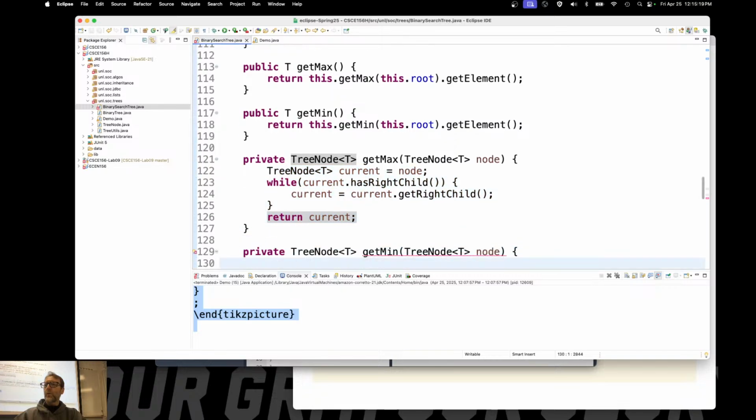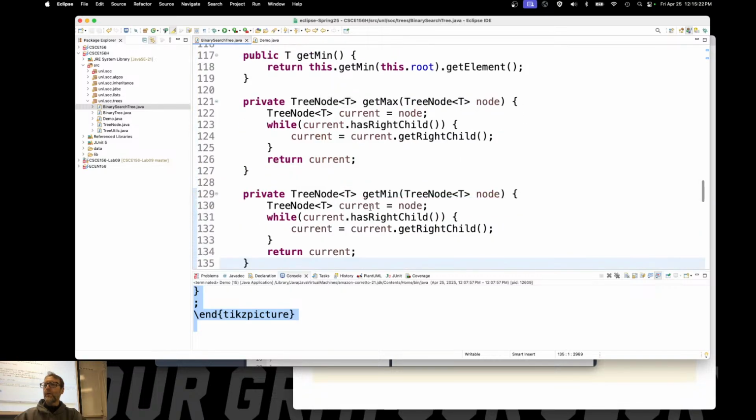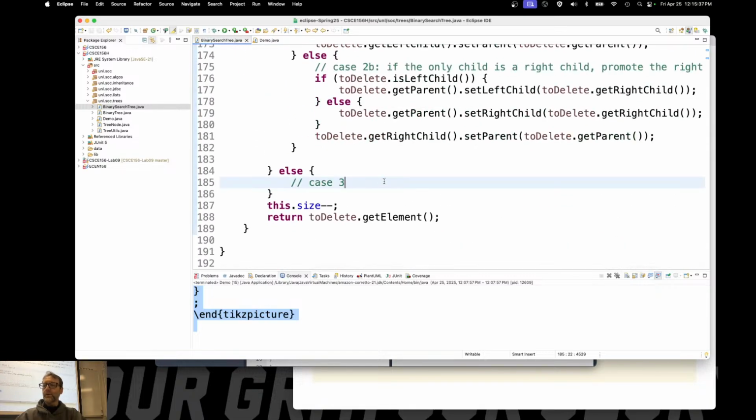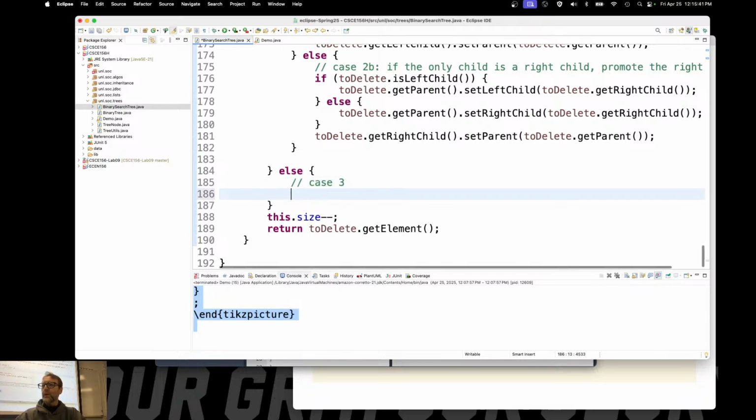What would that look like for min? Start at whatever node you gave me. While you have a left child, get the left child until you can go no further. Right? There. That's really nice because now, with that infrastructure, we can find the minimum of the left child, right? So tree node